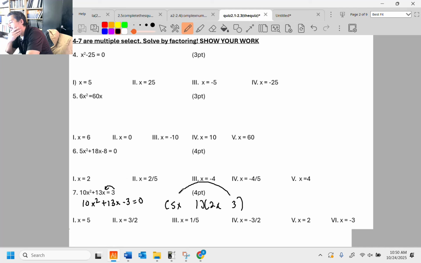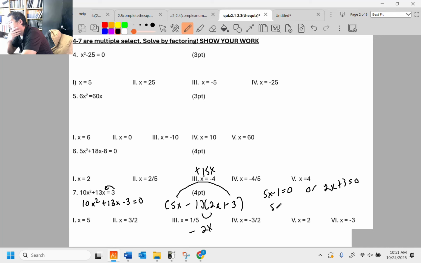The reason I'm choosing that order is that the outside will make 15x and the inside will make 2x. And I need a positive 13. So positive 15 minus 2. So -1 plus 3. And anywho, by ZPP,